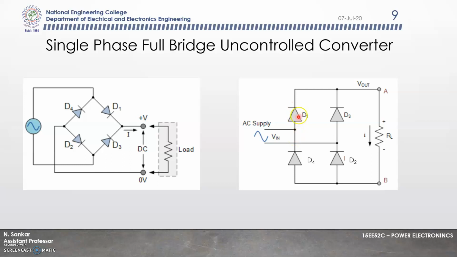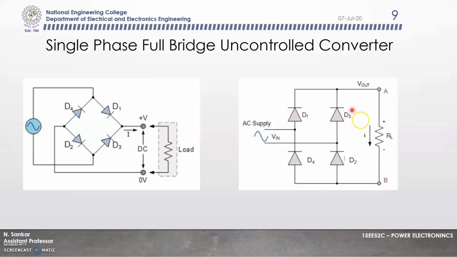So you can simply say diode D1 and D4 are connected to phase, and diode D3 and D2 are connected to neutral. Here also the same thing. Phase is connected to D1 and D4, and neutral is connected to D2 and D3. The positive point of the load is connected to D1 and D3, and the negative point is connected to D4 and D2. Similarly here, D1 and D3 are connected to the positive point of the load, and the negative point of the load is connected to D2 and D4. So both are the same, the connections are the same.